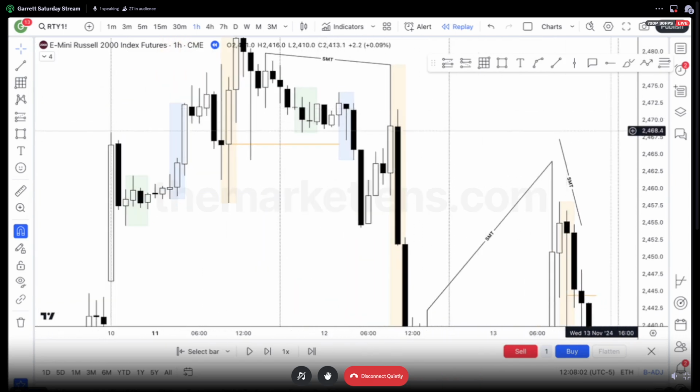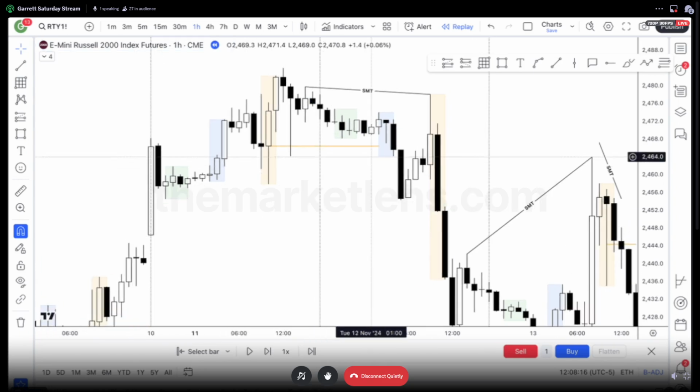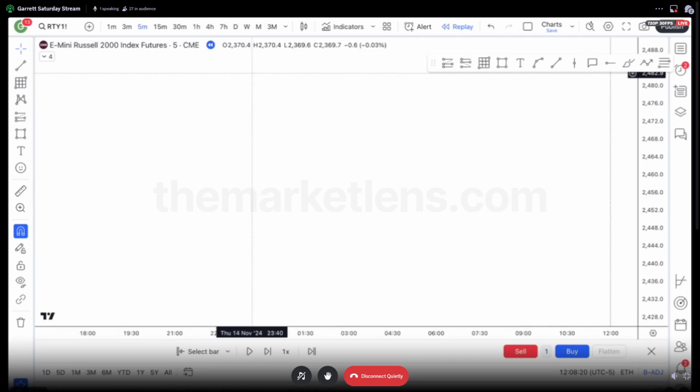So if I show you, first, let's go over this though. You see this here, this is our draw on liquidity. So this is the current week's low. This is why we can't trade this, because there's no established low of the week. It's just 1800 on Sunday, right? So this is why we can trade this back into this range. When I go to the 5 minute or so,